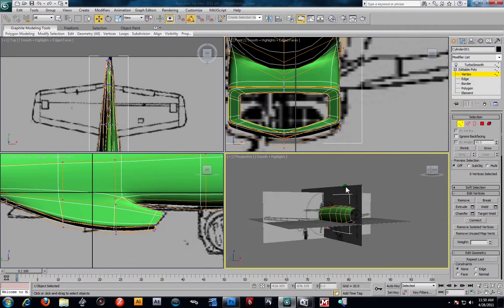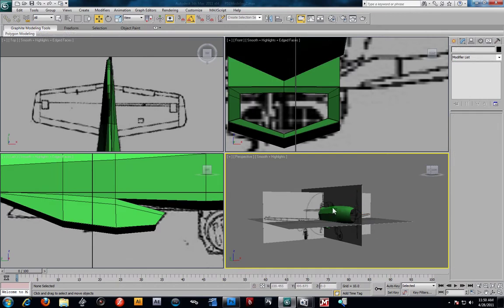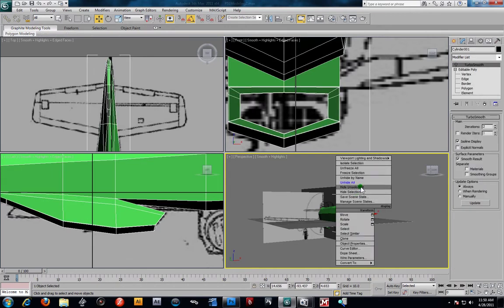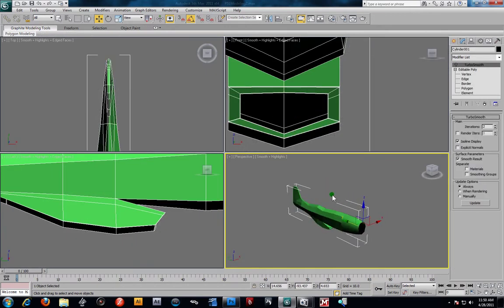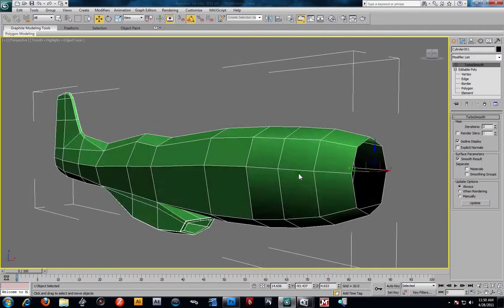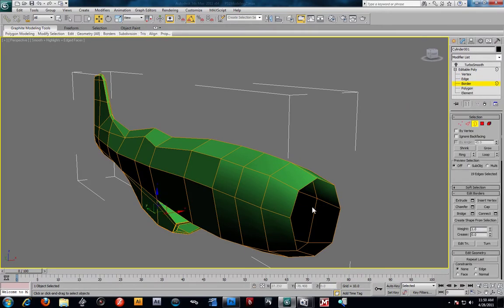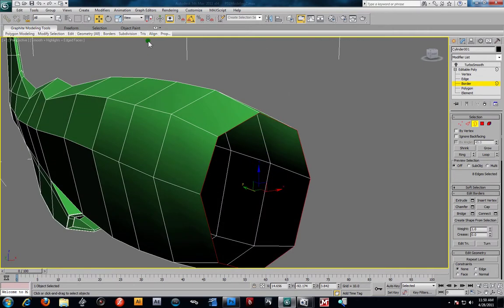Alright, so now I'm going to go ahead and work on, let me turn off my Turbo Smooth here, the nose portion right here. I'm going to hit my F4. Alright, I'm going to take this border here, and let me turn off my showing results. We're going to take this border. I'm just going to actually